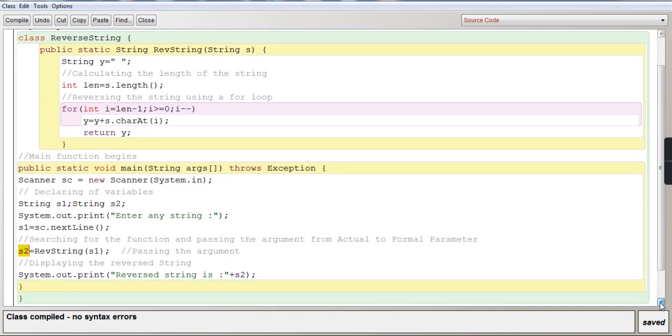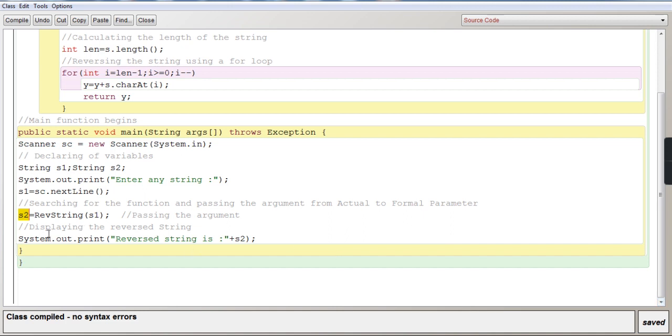We are going to display it: System.out.print, reverse string is s2. So "good morning" in reverse will be printed and displayed.